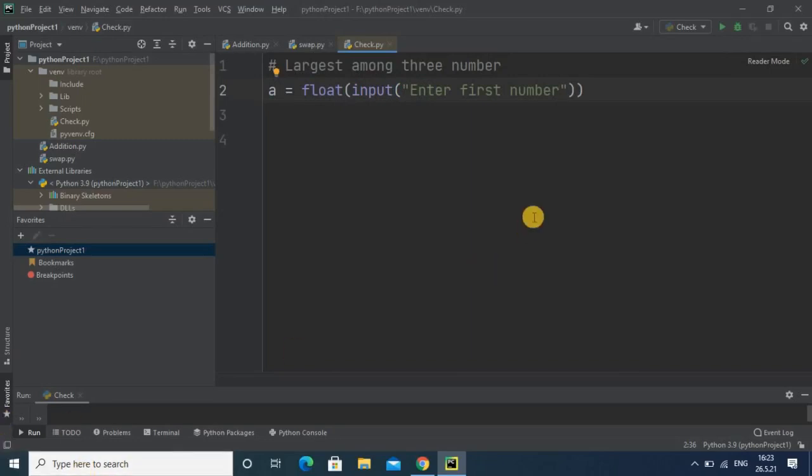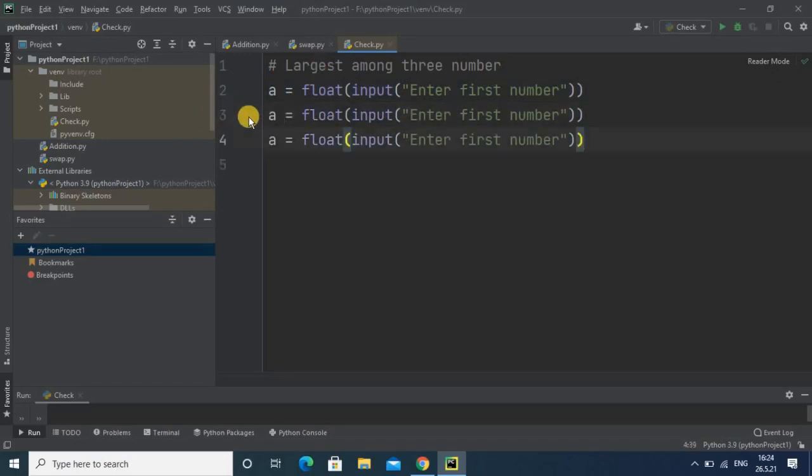Our first message is enter first number, so the user will enter the number. We just copy this code and change the variable name. So the user will enter three values here.